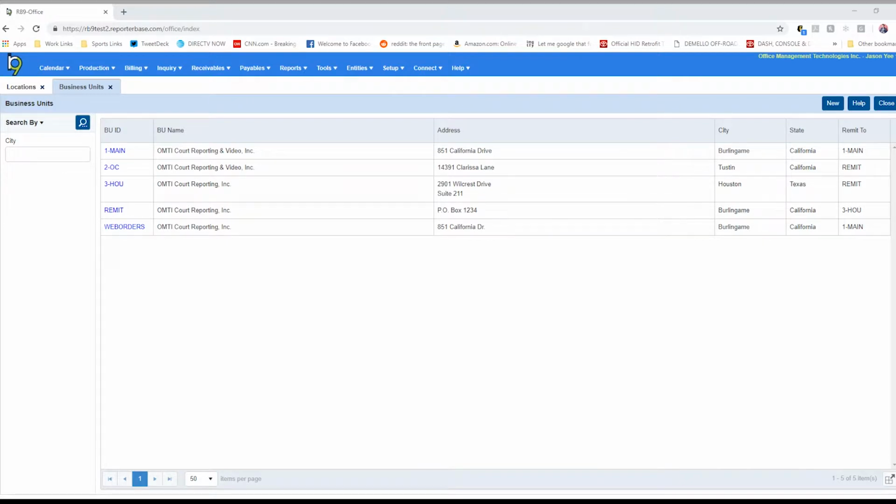Let's talk about the business units and the setup of new business units. In RB, click on Entities and go to Business Units. Now I've already clicked Search so you can see all of the business units that we have set